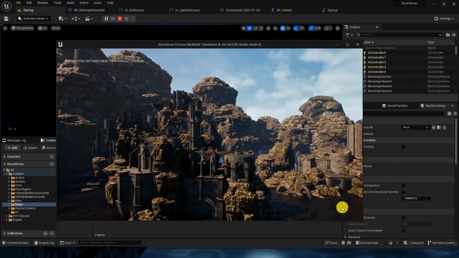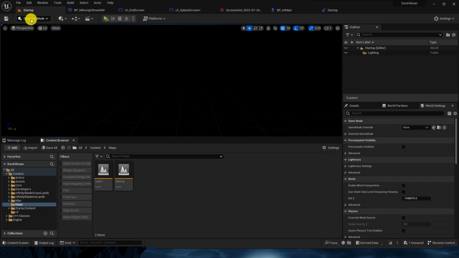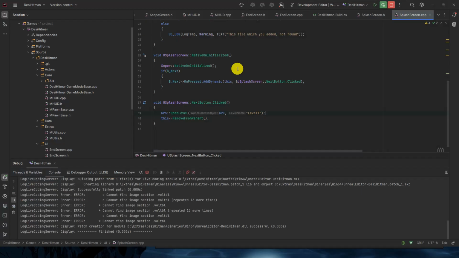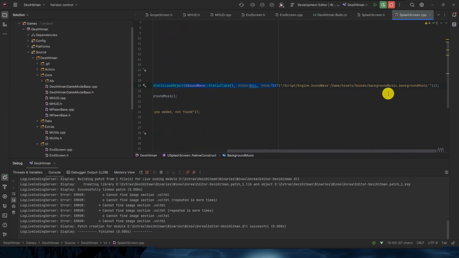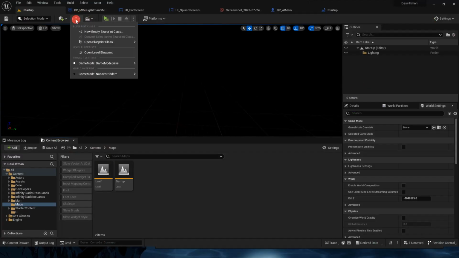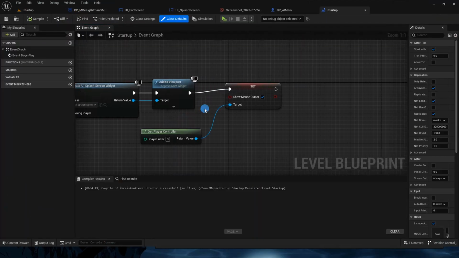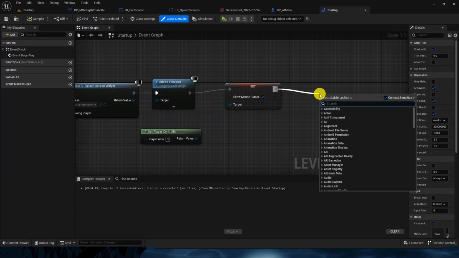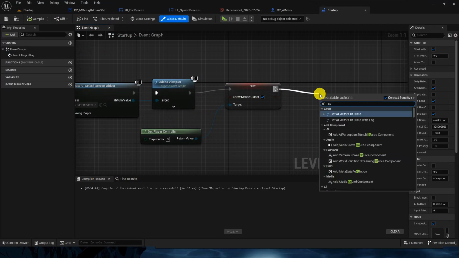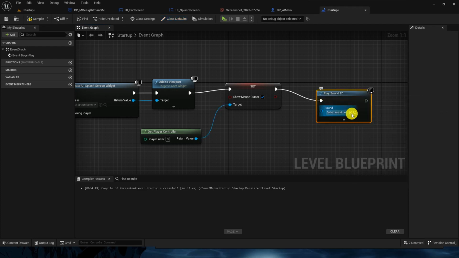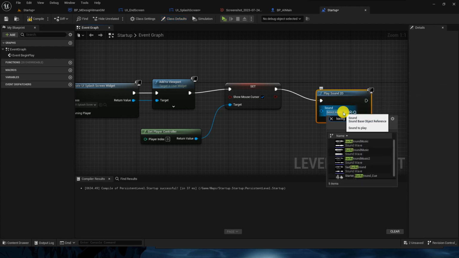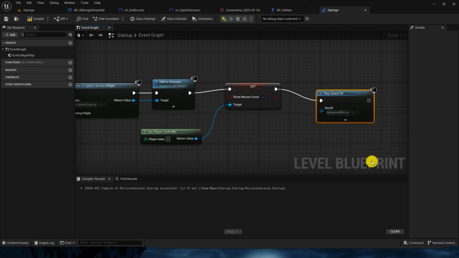Namaste, agent from India. Okay, I can see the sound, but in the startup map, when I am opening this, I think we added one sound, but I can't hear it. Maybe we have changed something. So what we will do in the startup map only, we will just place some sound, place sound 2D, background music.